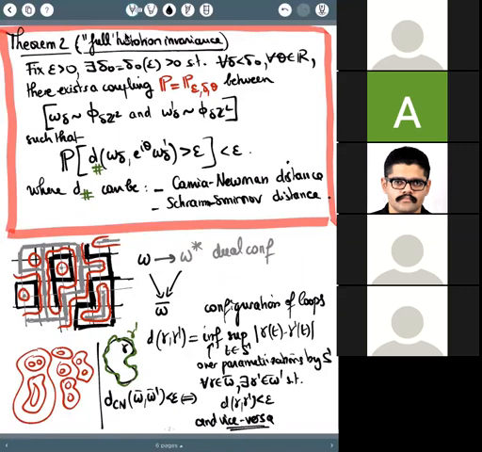So basically, the Camia-Newman distance, which I did not like that. You notice that I introduce a notation without telling you what this is. So you could have here CN for Camia-Newman. It is basically saying that for all loops, you can find another loop in the other configuration, which is close to the original loop. Notice one thing is that this is almost trivial for any loop which has a small radius.